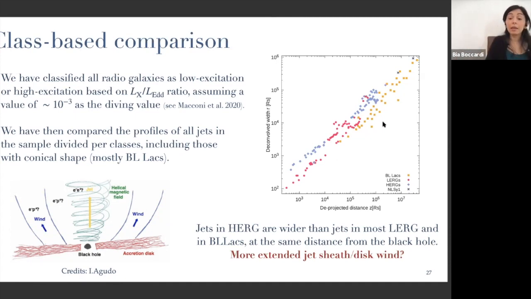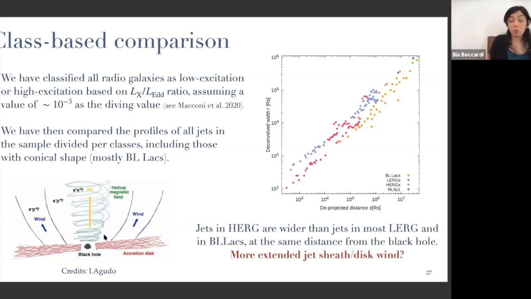But still, you can see that the BLX align quite well with most of the FR1s, while all the high excitation galaxies lie on a higher, upshifted profile. So it seems possible that indeed high excitation sources, which are those powered by this classic thin disk, may have a broader wind